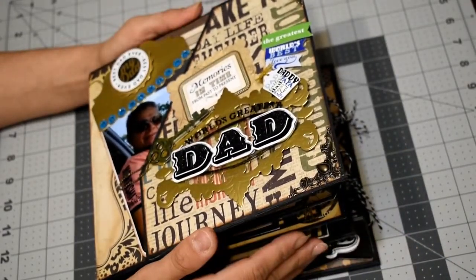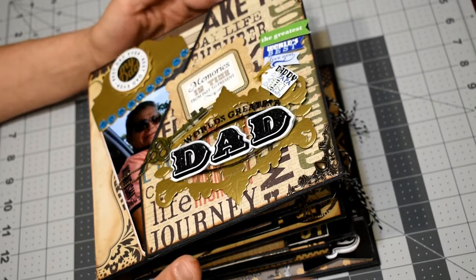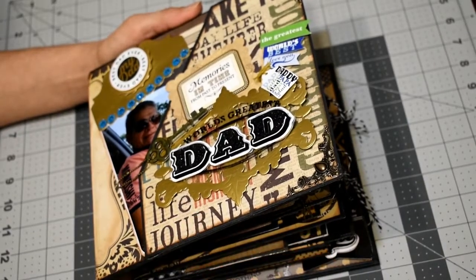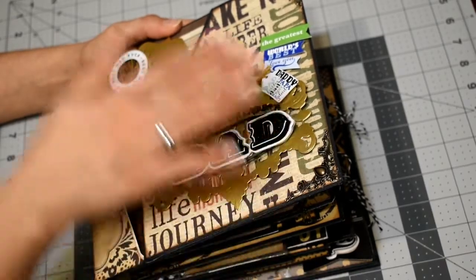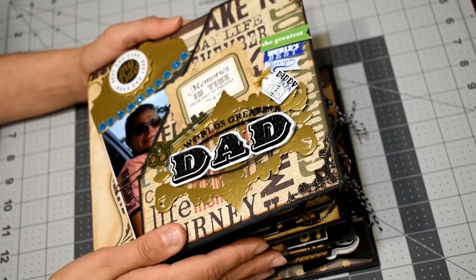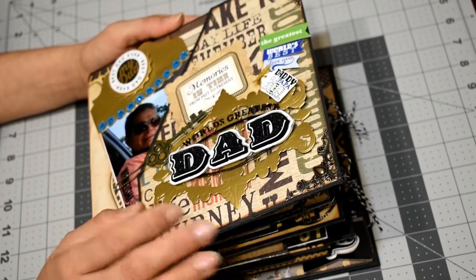I tried to make it the best way I could, so I decided not to do the design on the back side of the cover. So this is how I made all the structure and the decoration of the outside on the front cover. I tried to put touches of colors,